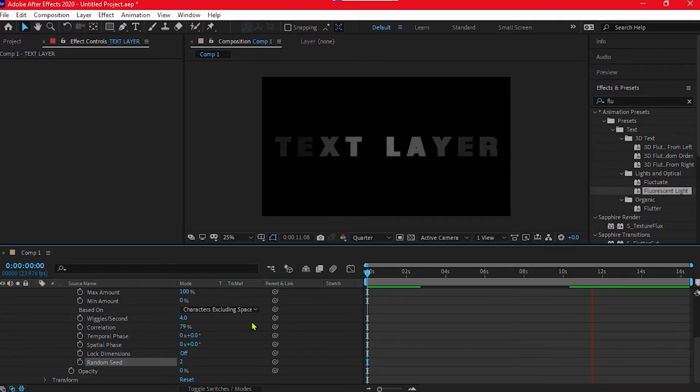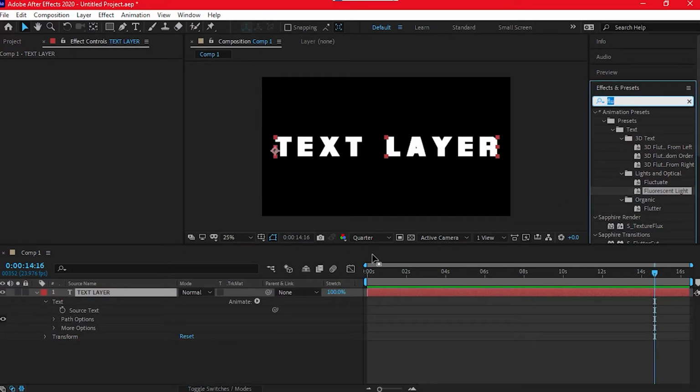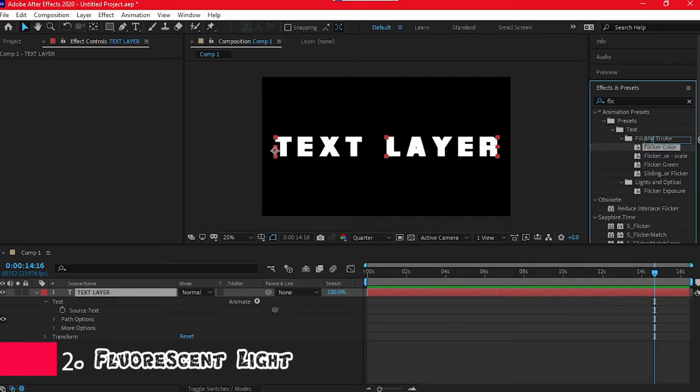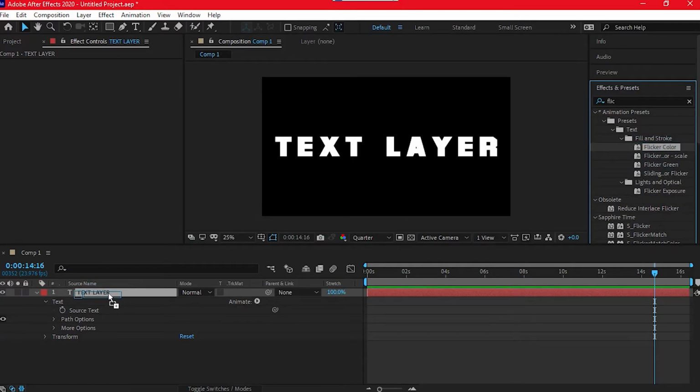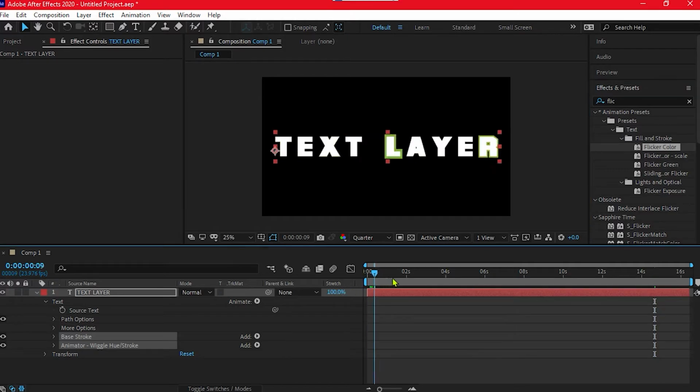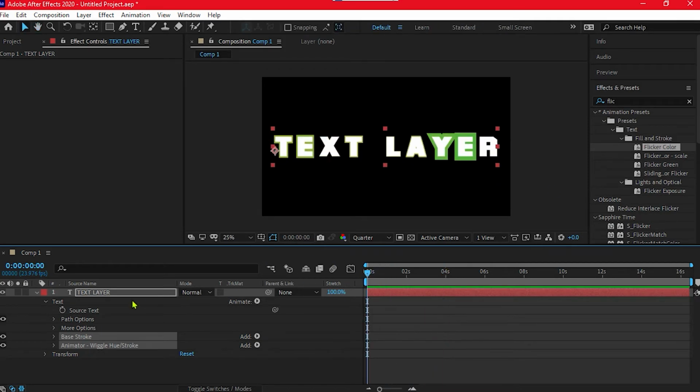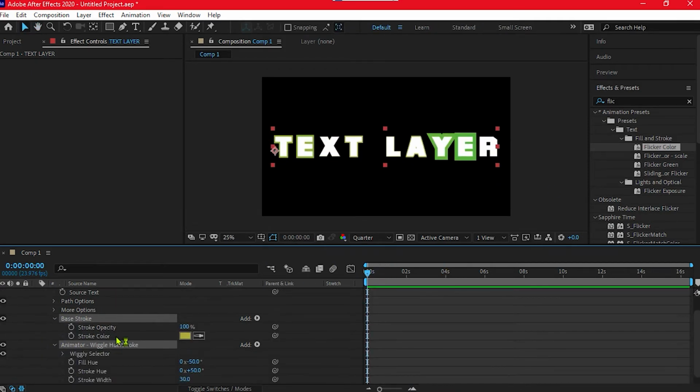The next effect is also known as Fluorescent Light, and I'm not going to count this one in this video because it is very similar to the last one. Just drag and drop it to the timeline on the text layer. When we drag and drop it, you can see that it's green right now. So I'm going to show you how to change it. Go to the stroke color and you can change it like this.